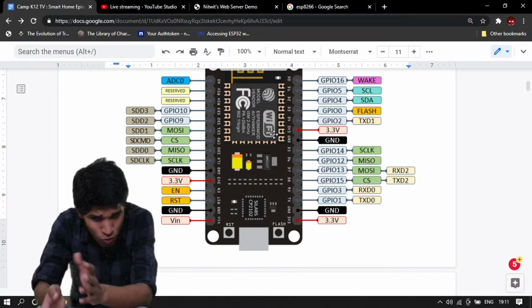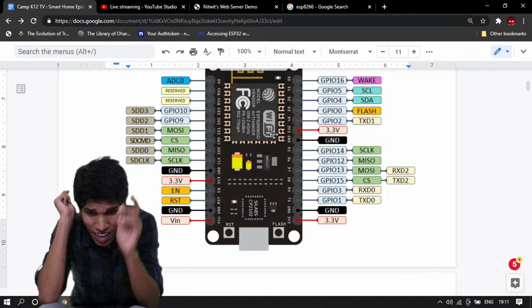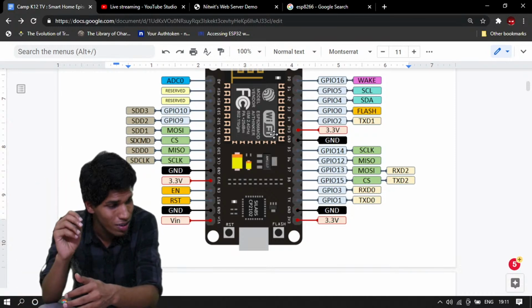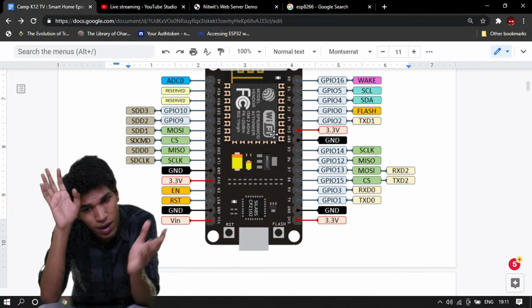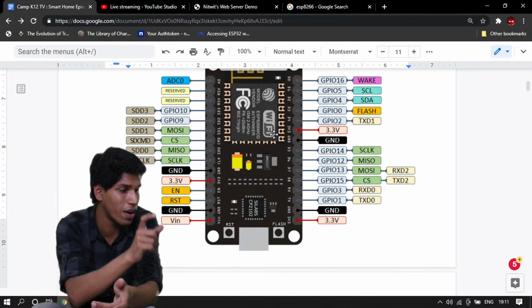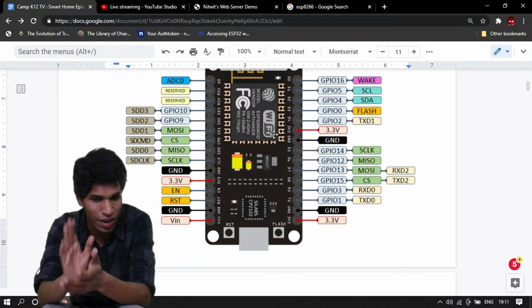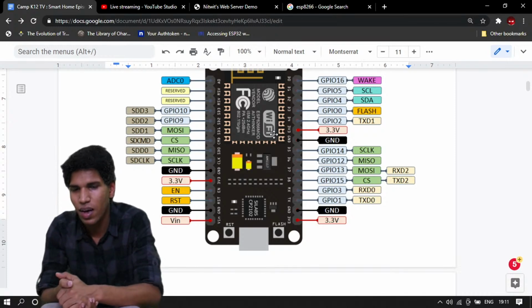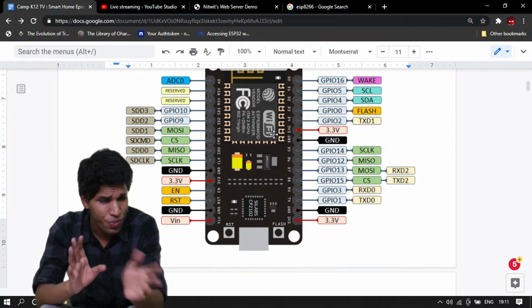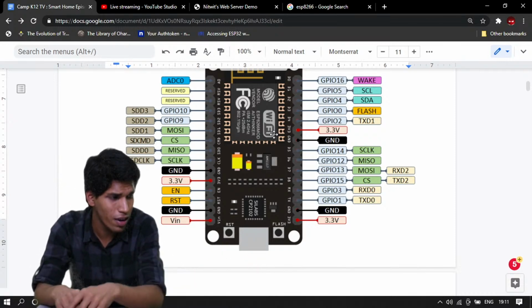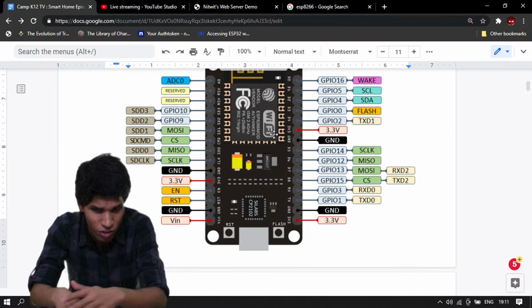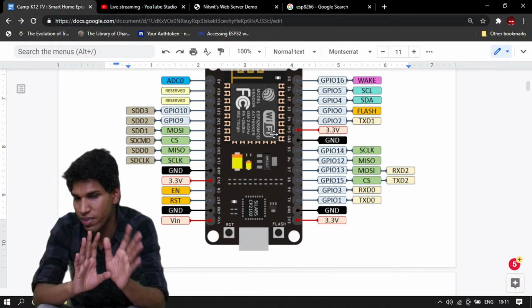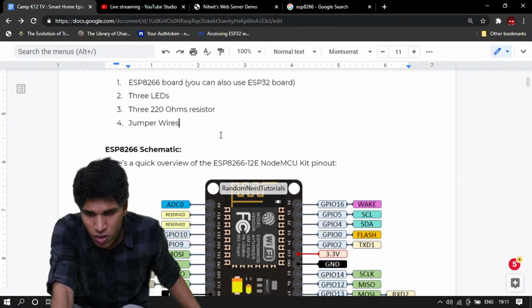I know you don't have these things. That's why I have given you the entire document for today, because this will be accessible anytime you want. Whenever you buy the parts, you just need one part, that's Node MCU. And another thing called relays. I'll show you how relays work. But yeah, two things, that's all you will need to make the projects. You'll need a Node MCU board and some things called relays. I'll tell you what a relay is later on. Cool. So in the document you'll see, yeah.